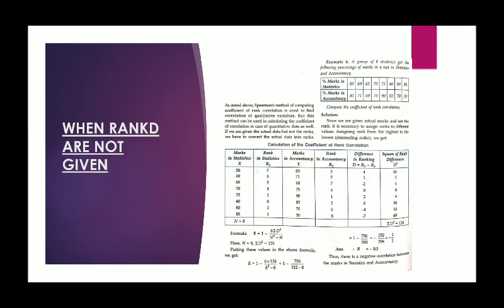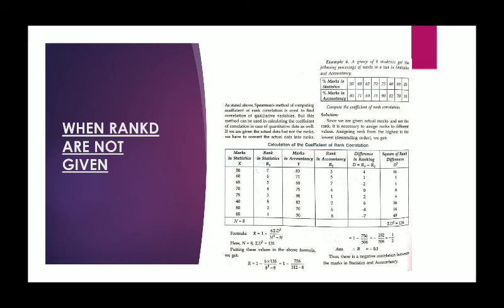So in that way we can rank all marks of accountancy as well, which is Y. So R1 is the rank of statistics. The R2 column shows the rank of accountancy. See, the highest marks in accountancy is 90, which is getting rank 1. After that 82 is getting rank 2. So different people are getting highest in different subjects. So rank 1 is assigned to two different people.